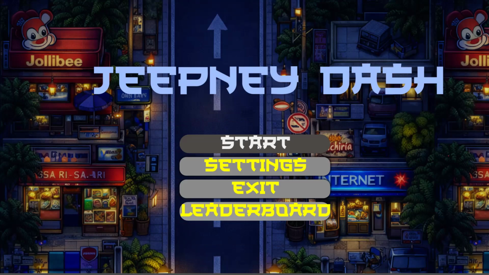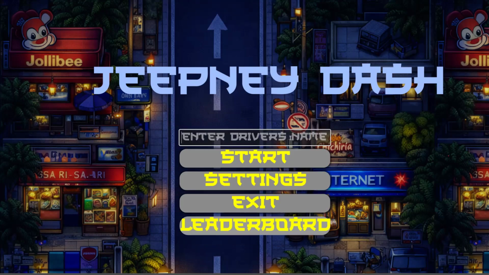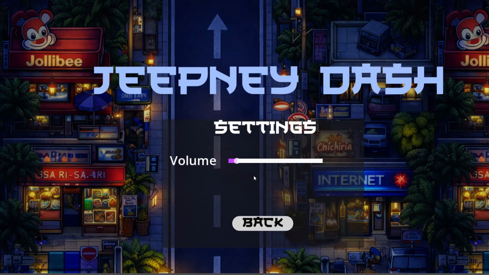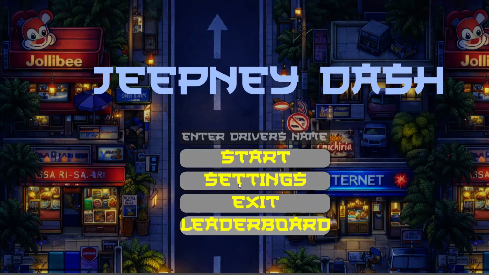For our start game, when we click start, it requires a driver's name. For our settings, it is the volume setting for high and low. And we also have our exit button and our leaderboard.